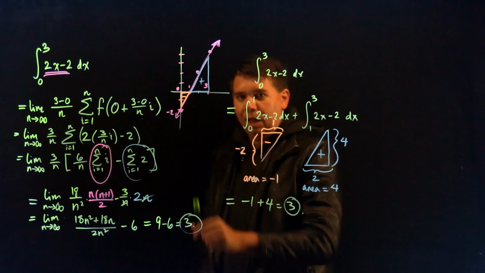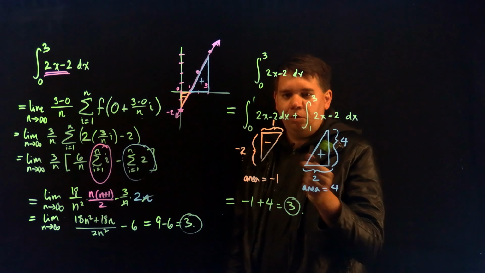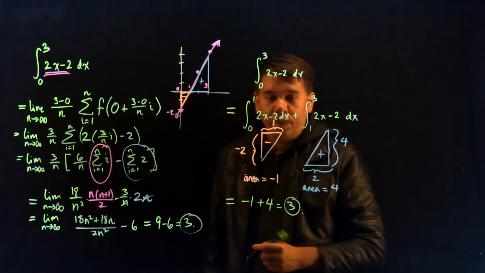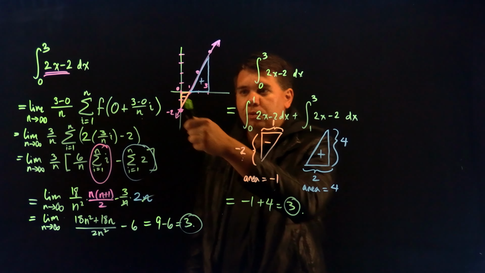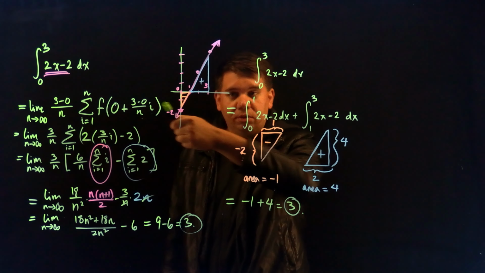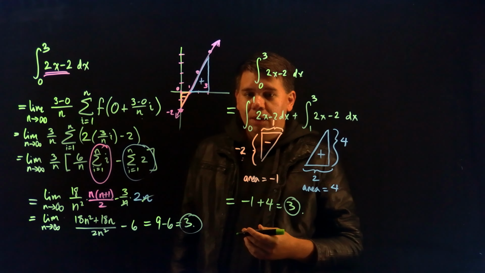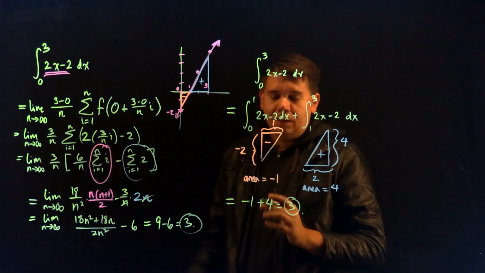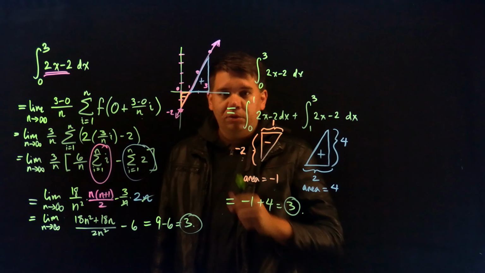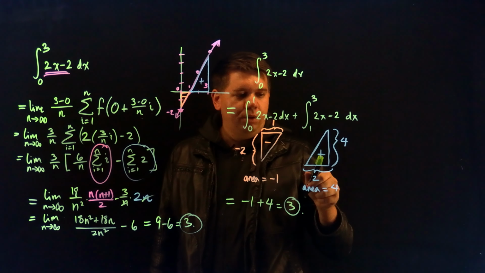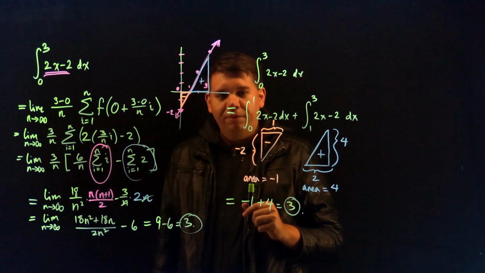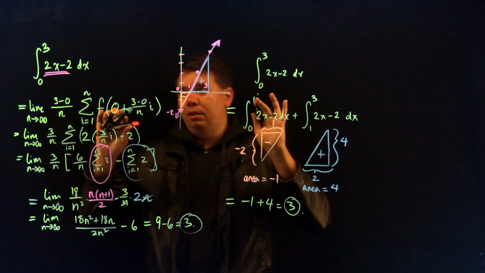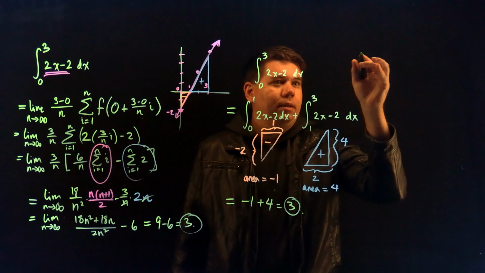The same answer I got before, but just doing a little bit of geometry, not needing to do a Riemann sum. Now, what helped us here is that these were triangles. If this had been a parabola in x squared, for example, I wouldn't know what the area is. I would need to use the Riemann sum method, at least for now. But when it is a familiar geometric shape, then you can just find the area of that shape. But I promised you 3 ways to solve this, and we've only seen 2. The third way